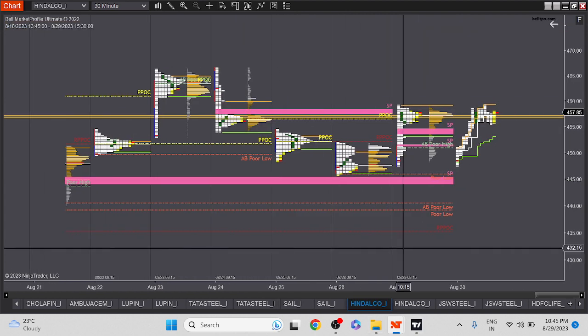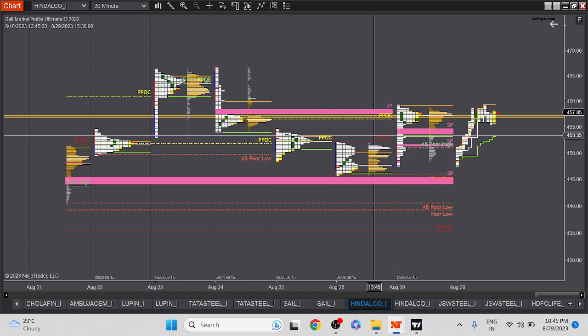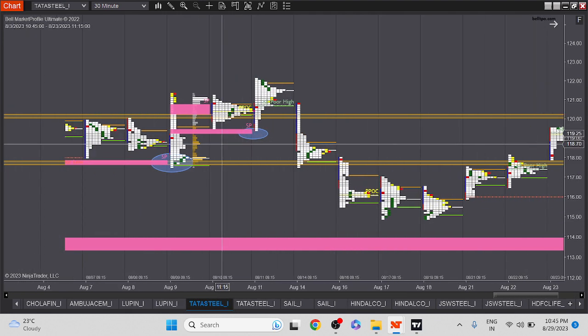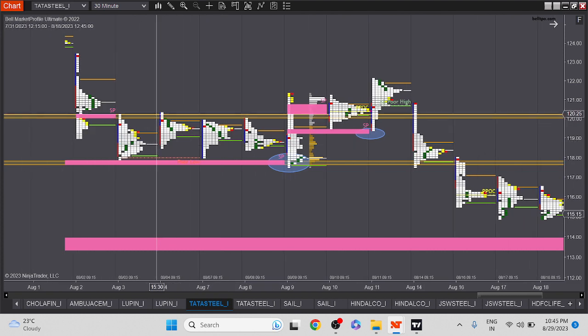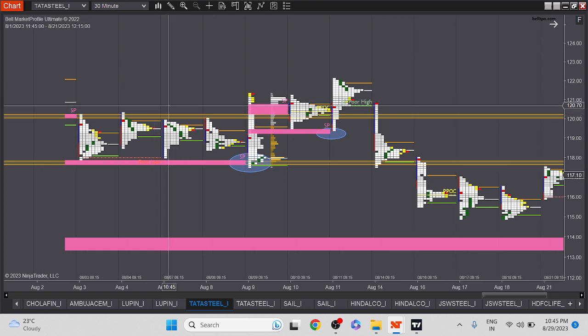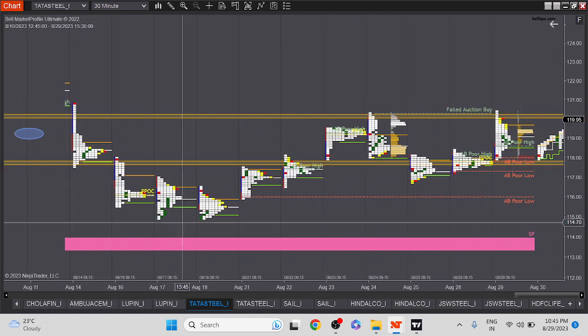I think overall, the steel pack is looking good, so keep an eye. Hindalco is also looking good. Today's high was exactly a single print only, and then the market consolidated at a single print. So if the single print is broken, then we might see around 466 levels in Hindalco as well. And Tata Steel is also looking at earlier single prints, an important level where we had multiple resistances. I'll wait for Tata Steel to cross around 121 levels, and then we might see some movement in it, guys. So this is how single print works.